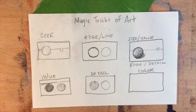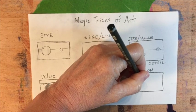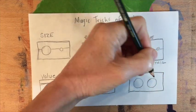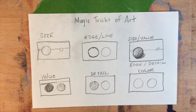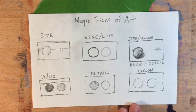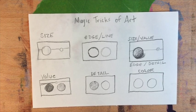Oh, fascinating. I love black and white work, but I am just a color freak. I love color, and I think the Lord must have given me that gift because, from some tests I've taken, I seem to have more color receptors in my eyes, and I think that's why I'm just so drawn to the colors in nature. Okay, with color, I'm just going to use some pastel pencils that I have here just to get some color down. This is not pastel paper, but typically the way color works to enhance that illusion of depth in artwork